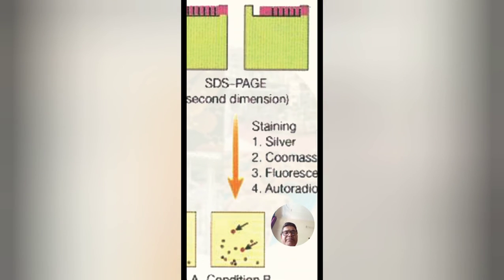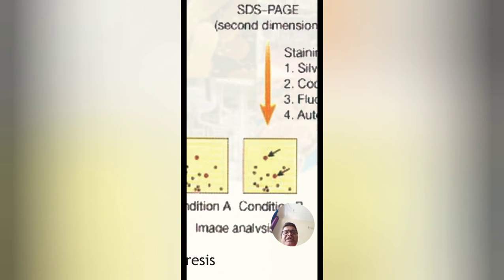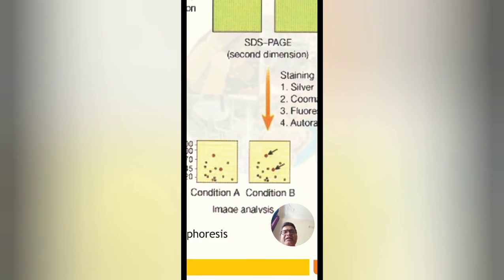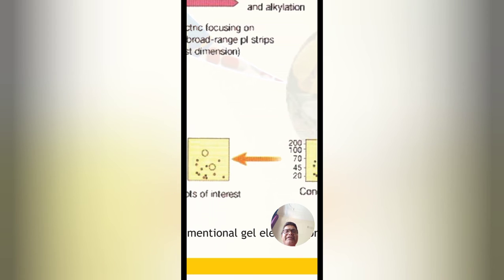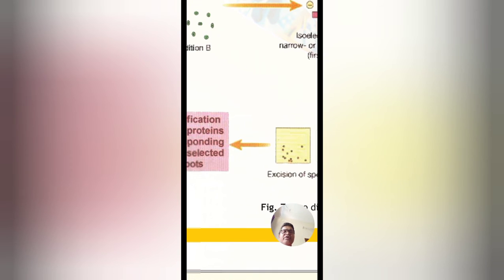So protein is going to separate. Now further we stain the polyacrylamide gel with any dye, and then we try to compare the protein spots. If we find any different spot, then we cut that spot from the gel, and then we separate the protein from that gel, and then further we proceed for MALDI-TOF. With the help of a reference sample, we compare the unknown protein with the help of bioinformatics tools. So this is the basis of 2D gel electrophoresis.